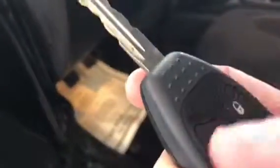Now, I'm going to give you a quick tour of the interior. I like to start with the key itself. This is integrated with the keyless here, as you can see, remote. Like I say, your door lock buttons are located on the side there. As we jump in,